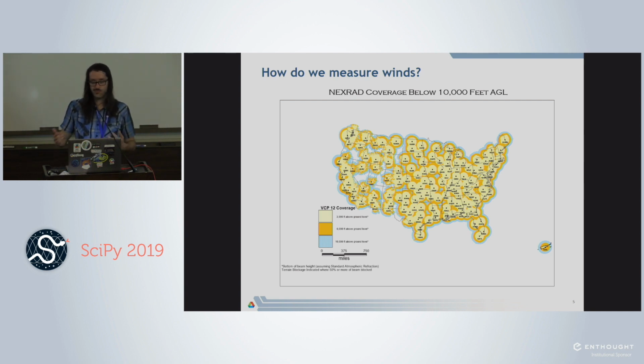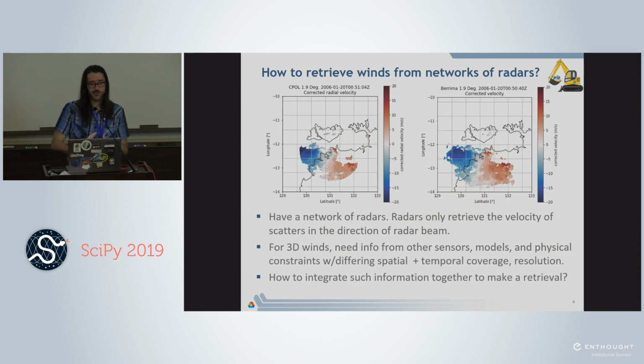But we can grab a lot more spatial coverage of wind measurements. However, the caveat here is that these radars don't measure the 2-dimensional wind. What they actually measure is the velocity of scatterers going in the direction of the radar beam. So all you get here, for example, on the left, we have an example radial velocity image from the